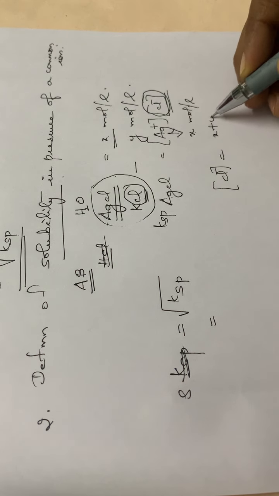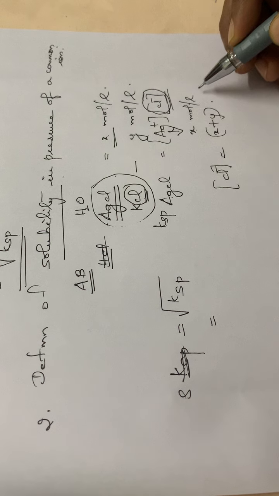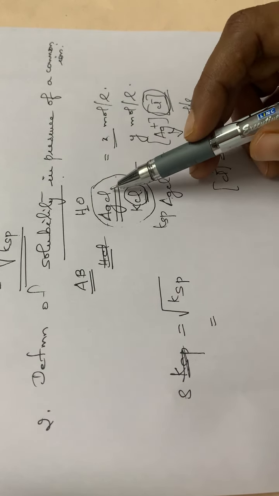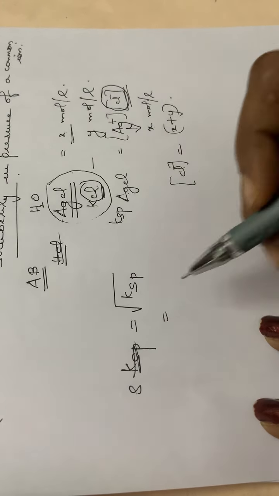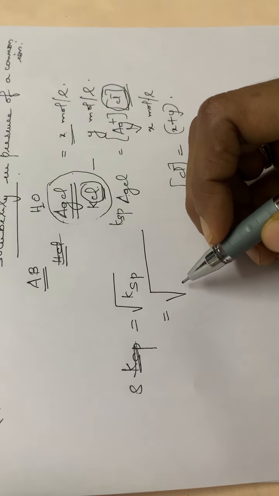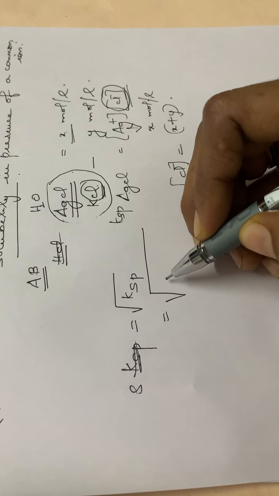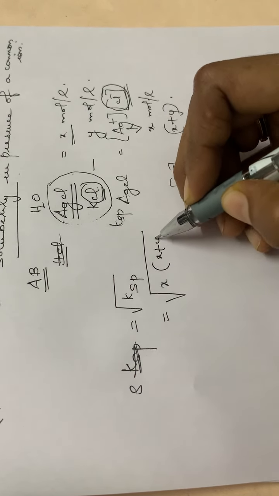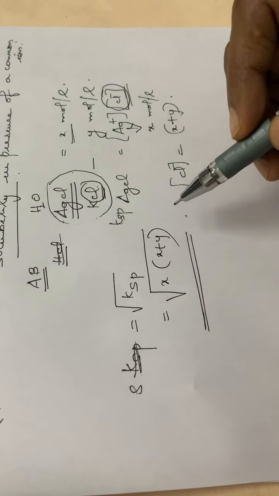So the concentration of Cl minus will be X plus Y. Here we are adding the concentrations of both the solutions, or both the Cl minus ions. Then you have to write the Ksp, that is Ksp is equal to the concentration of Ag plus into the concentration of Cl minus, that is the concentration of Ag plus, that is X, into the concentration of Cl minus, that is X plus Y. So here we can determine the solubility by this method.